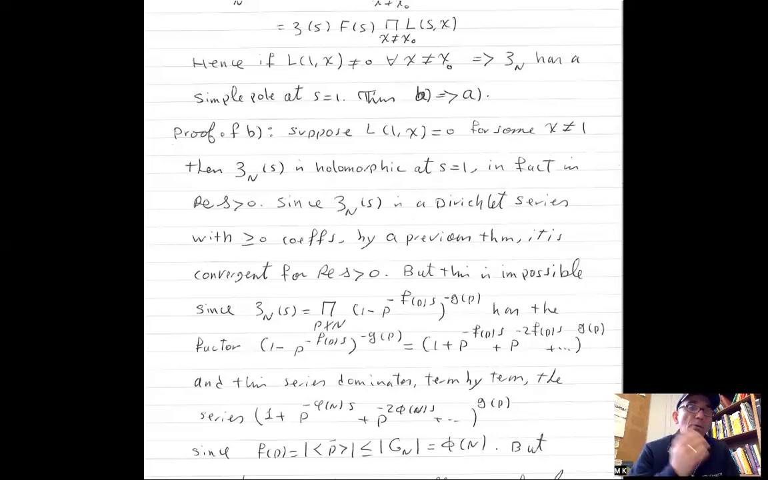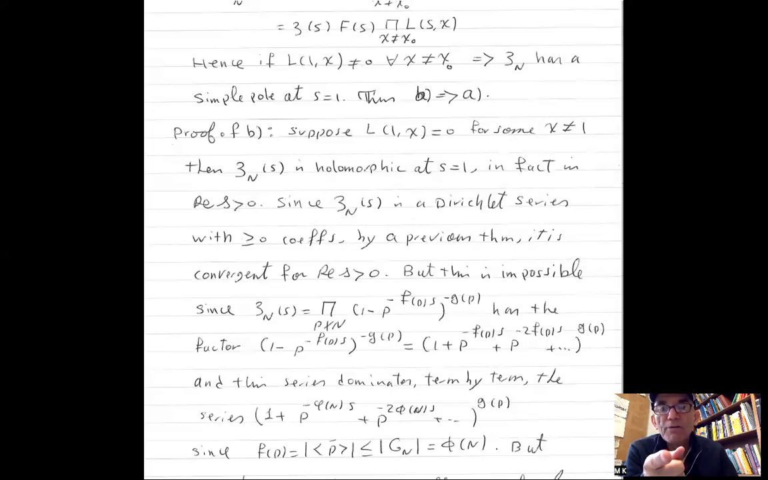Okay, so now we can just say that if L of 1 and chi is different from 0 for every chi different from chi 0, then this product of these three terms has no chance to be regular at s equal to 1, because